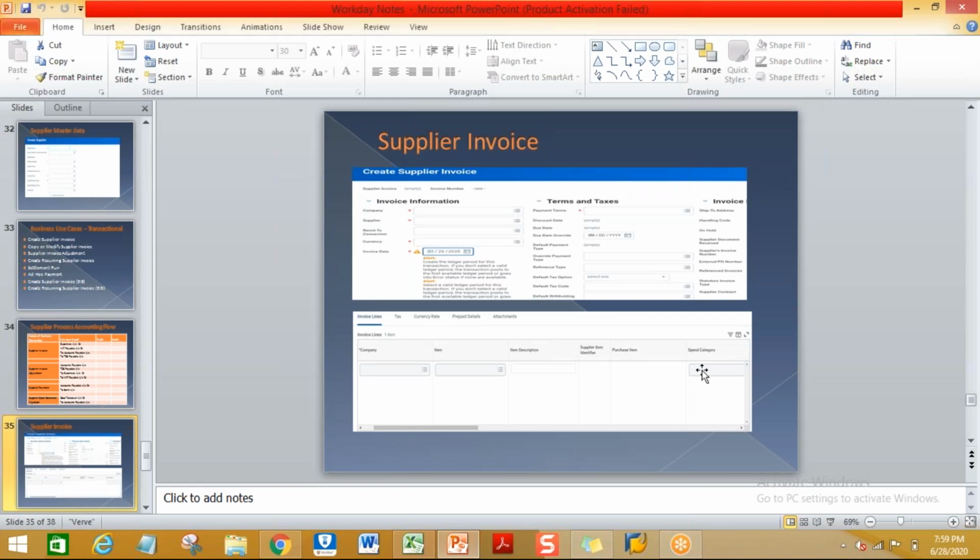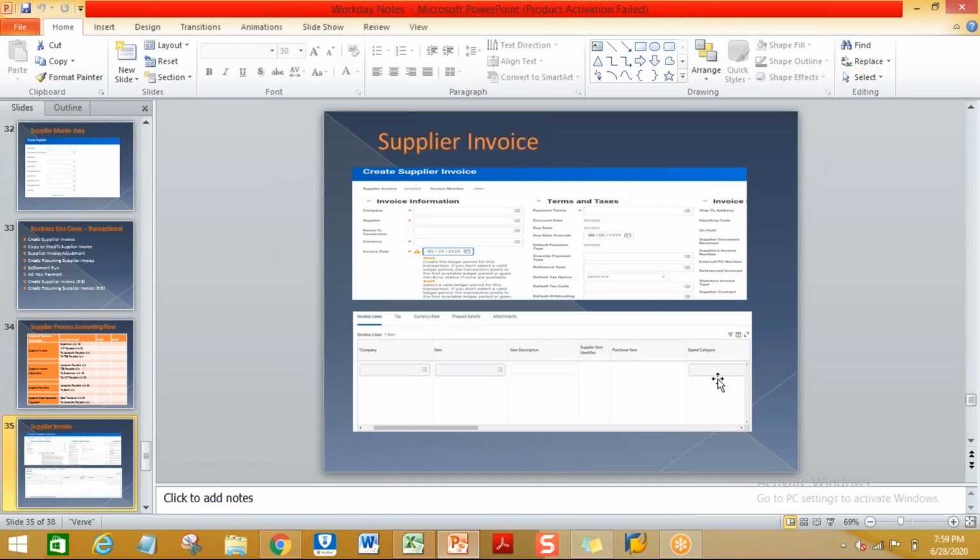Operational postings will post based on the GL accounts maintained with a combination of the spend categories and other business dimensions. So based on the spend category, the system will pick the GL accounts. That's why you have to be very careful. You have to check the accounting entry.